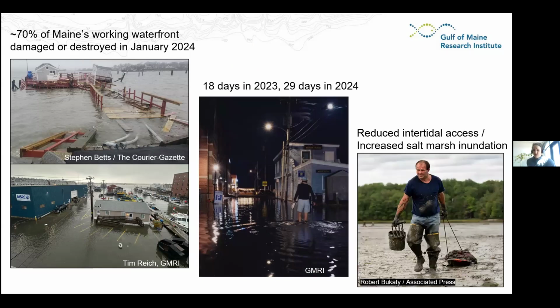And one thing that's been really interesting talking to folks around the Maine coast is that people have really noted, I mean, 8 centimeters doesn't sound like a lot, especially for an area that has such a large tidal range, but we have a lot of people in Maine who work in intertidal environments, and it's had a pretty dramatic impact on the number of low tides where, for example, wild shellfish harvesters can access the intertidal. And people working on salt marsh restoration projects have noticed a pretty big increase in inundation.